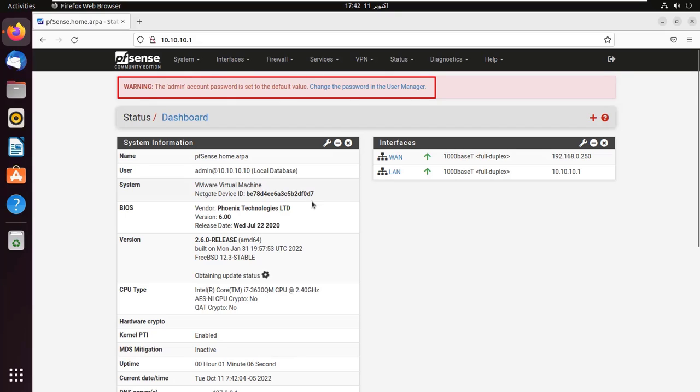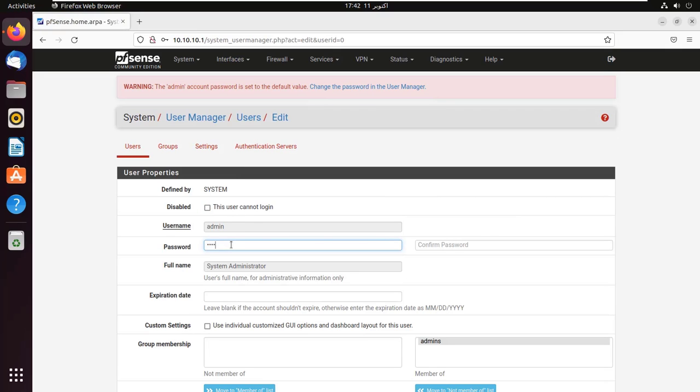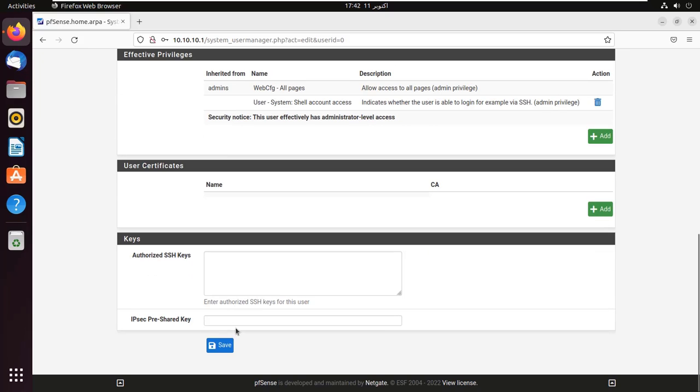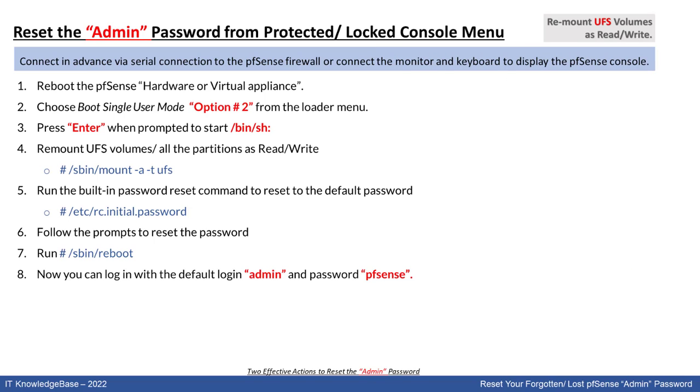Whenever you see the warning about the admin account password being set to the default value, which simply means your admin account has a default password, that is pfSense, it's really unsafe and you have to change it swiftly. Reset the admin password from the protected locked console menu